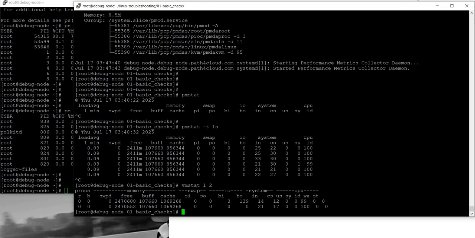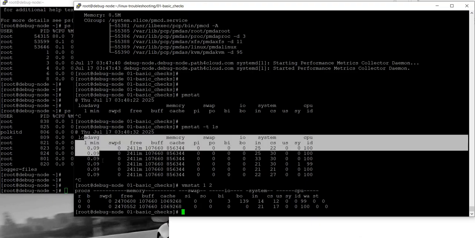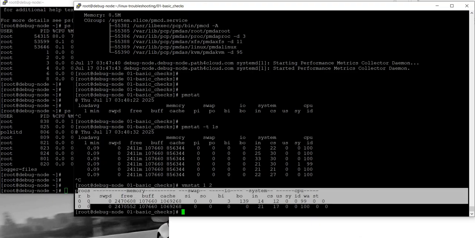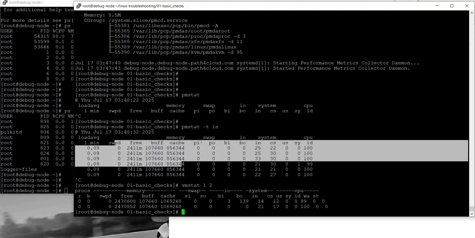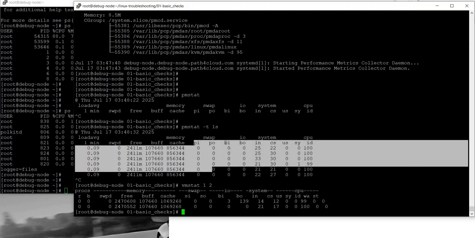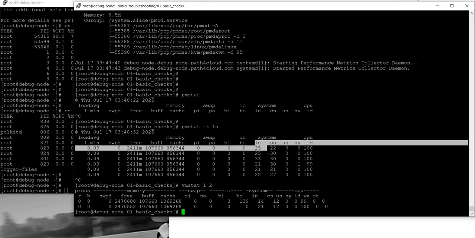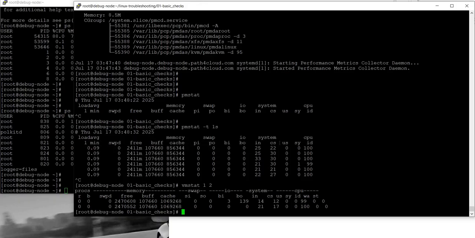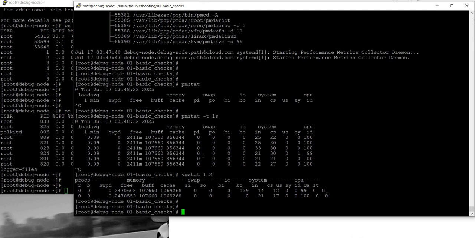So here you can see it is giving the load average. Instead of load average, you will have the processes, swap, idle memory, swap page in, page out, block in, system interrupts, idle CPU, user and system time, or maybe the same thing, so you can consider this. But as I mentioned, with this there is a command called pminfo -t,